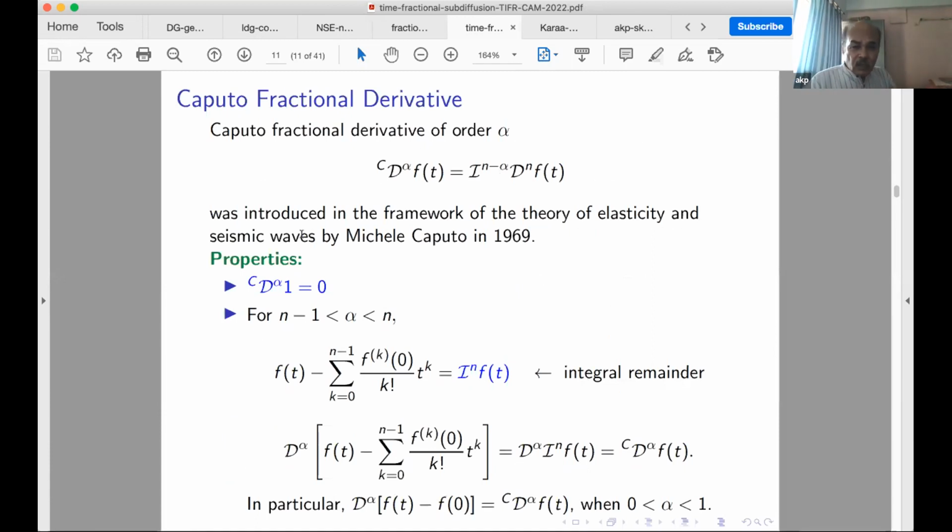Okay. So by doing so, we get the Caputo derivative acting on 1 is going to be 0. And we can write down if as certain,